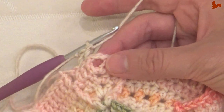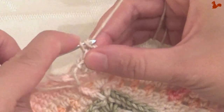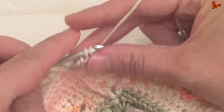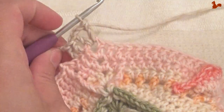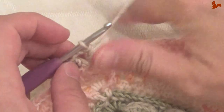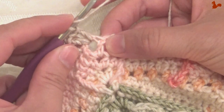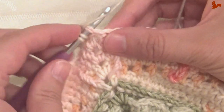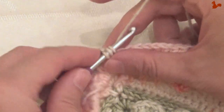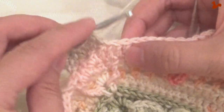Now you're at the corner, and this is the start of your repeat unit. So work a treble in the corner, chain 2, and a treble. So that's your first corner and start of the repeat. Now, on the first little edge, going to work 4 trebles, and this time work in that first stitch also, so it's important here you're also going to work in the first stitch. So that's 4 trebles. That's 1, 2, 3